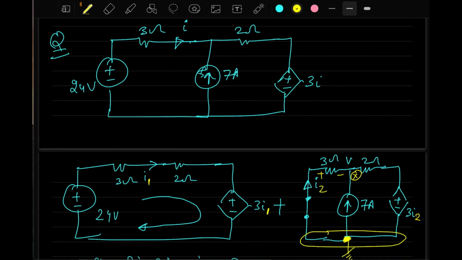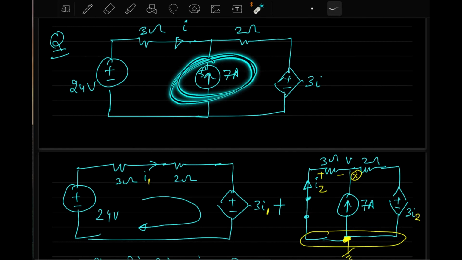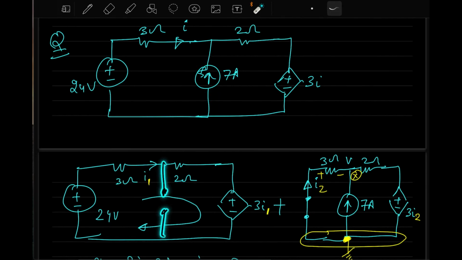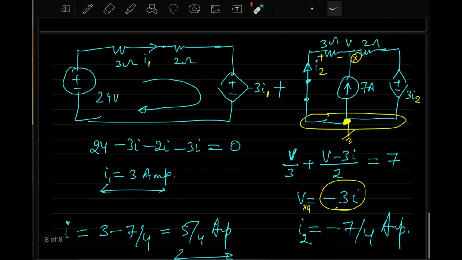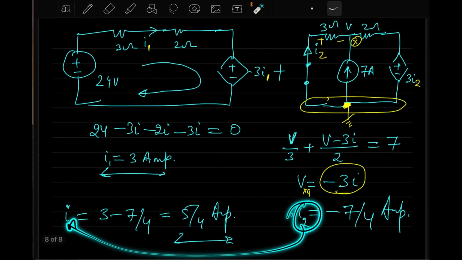Because now this I1 which I have written here for the left circuit is not the same as this I. Why is it not the same? Because you have removed this current source. It's not there. So it will be I1 and this is I2, and for this you have a 3I2 here. Okay? So this I1 and I2 will be added later on to get you the final I.